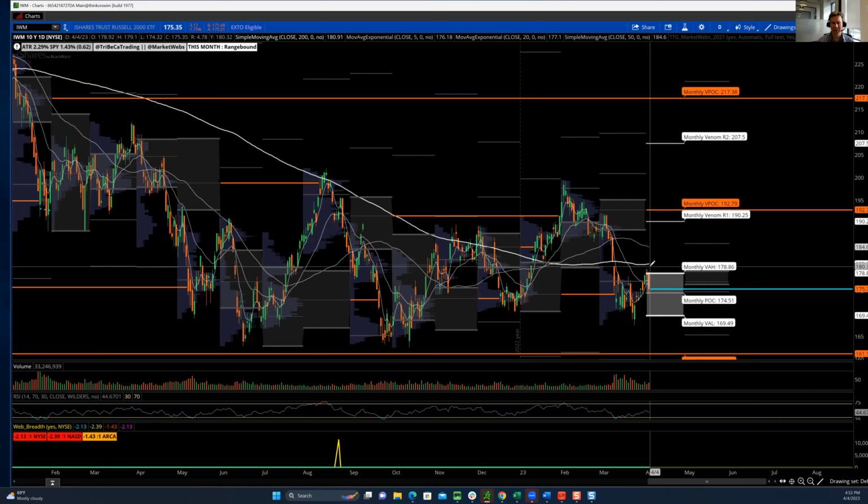I always ask traders and investors, if you're buying a name that's gone down a lot because you think it's a good value, what do you think is going to happen with this? Where are you going to sell it? If you're buying the dip and it's had this big of a move to the downside, what's your exit plan? Are you just looking for an oversold bounce, or are you looking for something else? Because once a name falls into a downtrend, it often stays in a downtrend for a little bit, which kind of brings me to the next point.